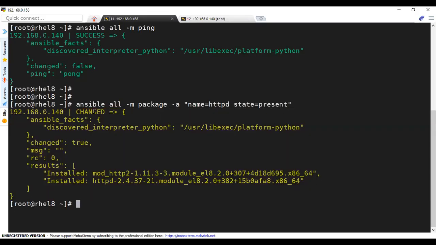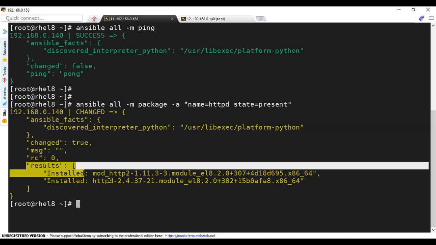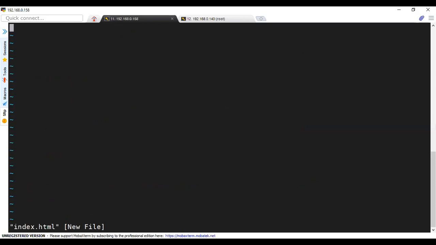The output that I got is changed. Changed is equal to true. What is the result? The result is installed HTTPD on my remote system. After installing this, I want to copy my code as well, my web page. So let me first create a web page here, index.html. And in here, I'm going to put up some HTML code.